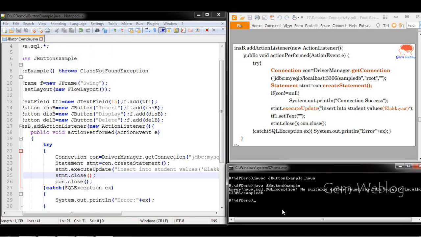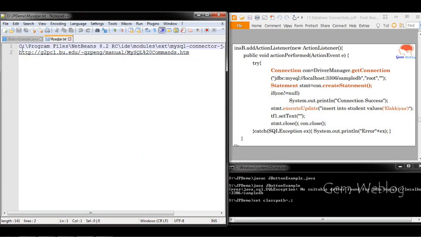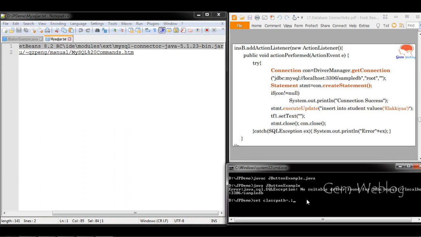So for this, what you have to do is set the class path to the MySQL connector jar file. Now we have to set the class path for the MySQL connector Java jar file.